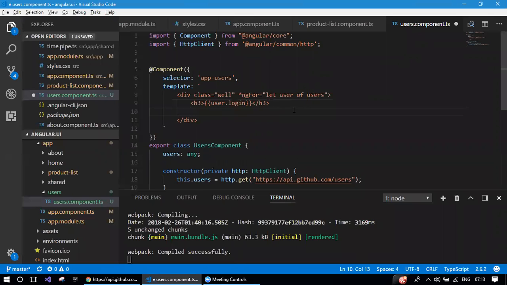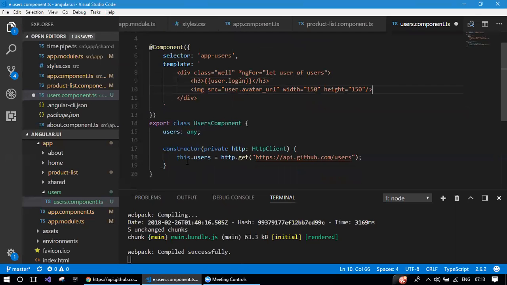So I want an image, so I cannot use div or h3 or something like that. I have to go with image tag and I'll bind the source. So you're binding the source, the user.avatar_url, and I'll go with some height and width. So I want it to be 150 and 150 or 120, whatever it is, something like this. So this is an asynchronous call. So you need to use async pipe because this takes some time to get resolved. Save this,